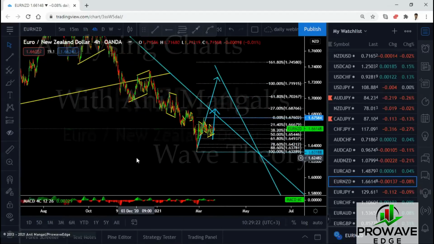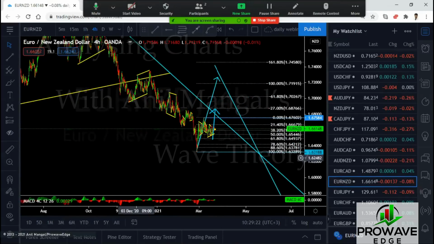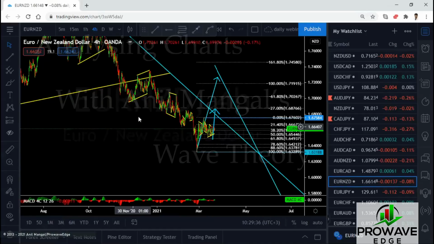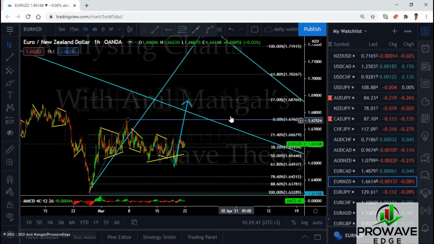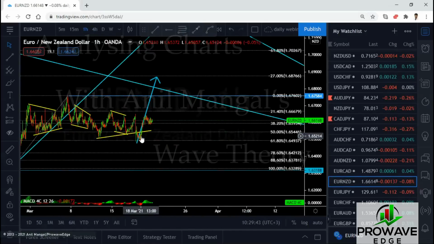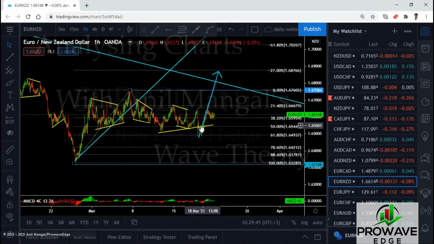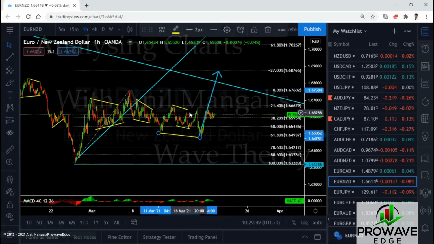But if this corrective structure here starts to get bigger, which means if they come back down here and you get something like this, then we're only expecting them to do this and then come down. Right? We're not expecting them to come to this level and then go down. I think this one you could almost cancel because it's not going to happen. I'll still keep it to see how far they go. Now, you might either go now, which I think is a possibility. They take off right now. Probably put it like this.